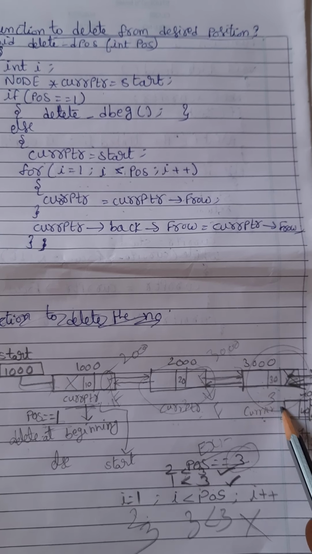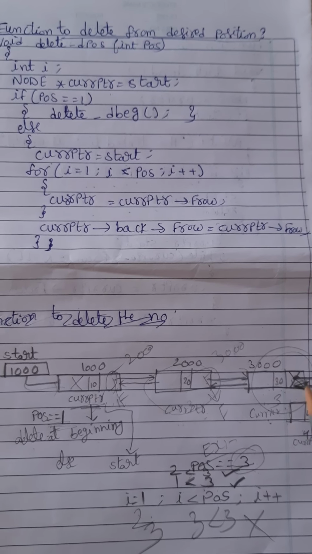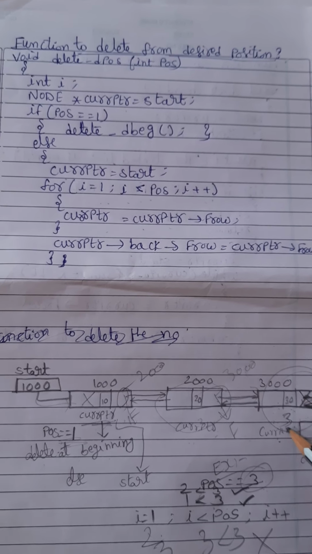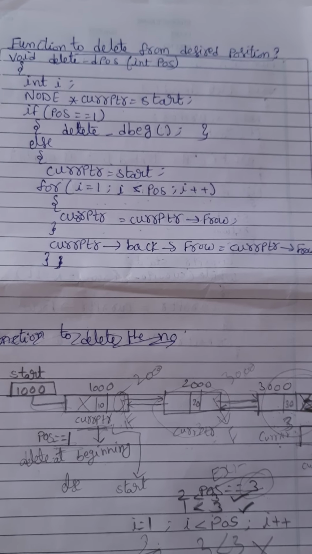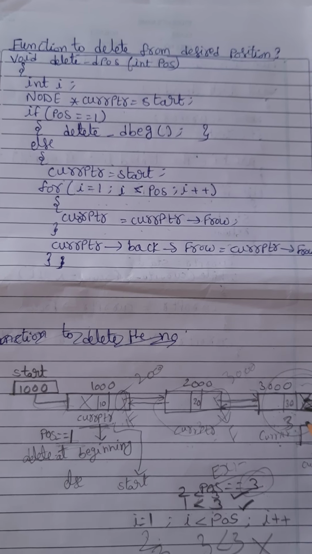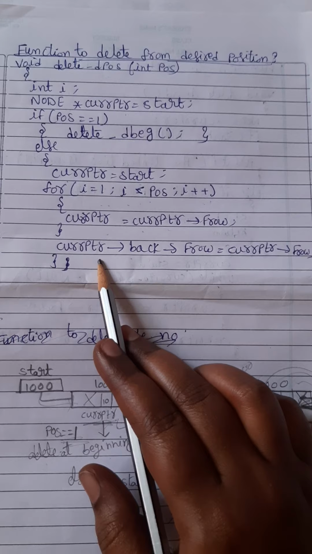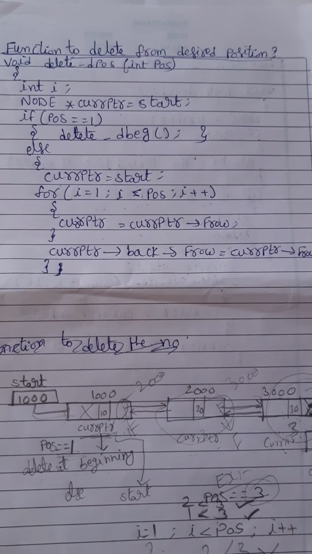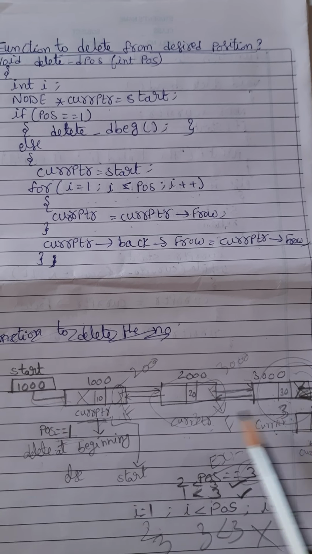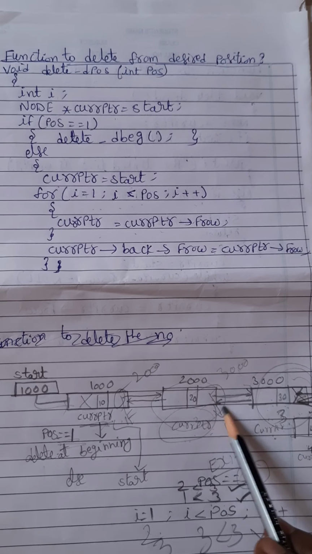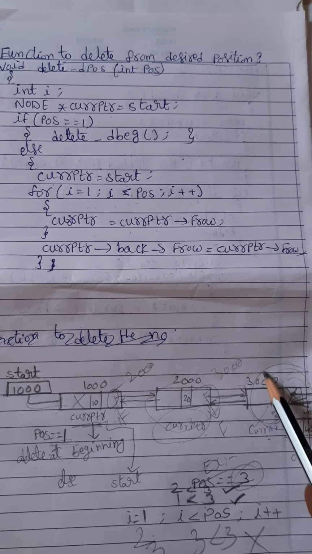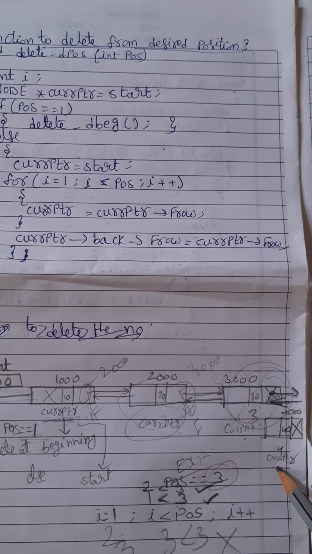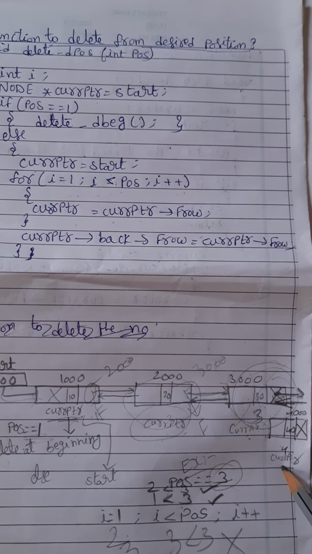So this is called the end node. This one will get deleted. After that, we have moved to the third position. The third element at the third node will get deleted. And after that, current pointer to back to fro equal to current pointer to fro. Now, this is the current pointer. From here we have moved. This node has been deleted. Now we have moved to the next node, that is the fourth node I have defined here.